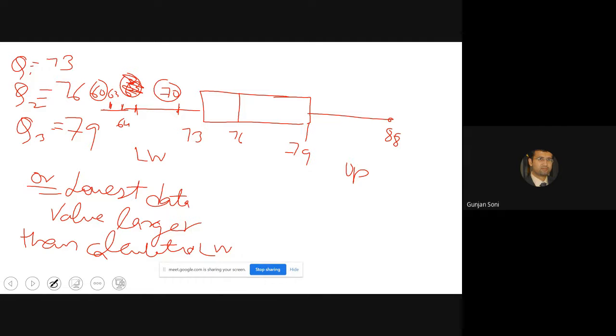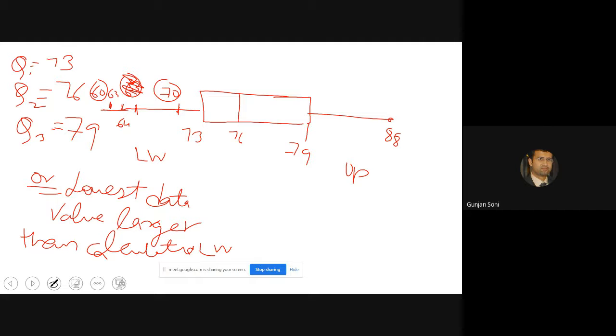We can clearly see that 64 is not the lowest data value. So what value should it be? It should be the lowest data value larger than the calculated lower whisker, so larger than 64. After 64 is 70. Larger than the lower whisker but lowest, so that is coming out to be 70.